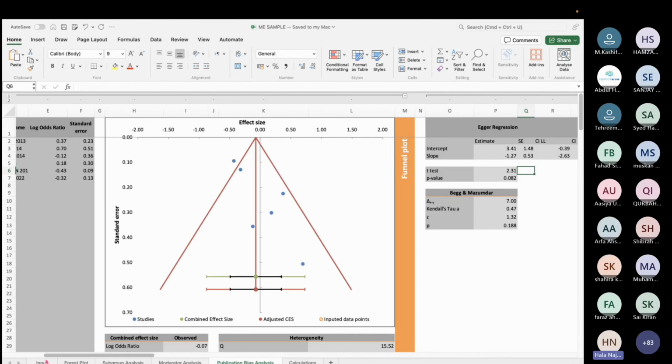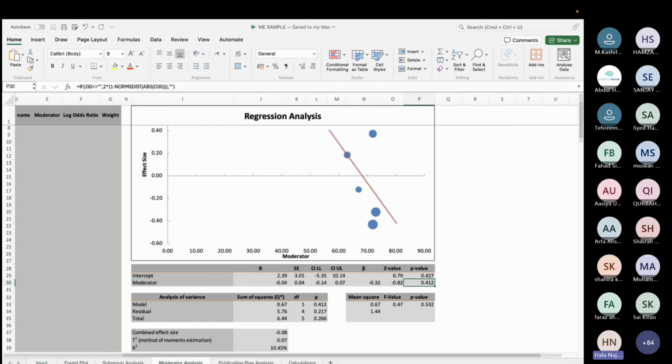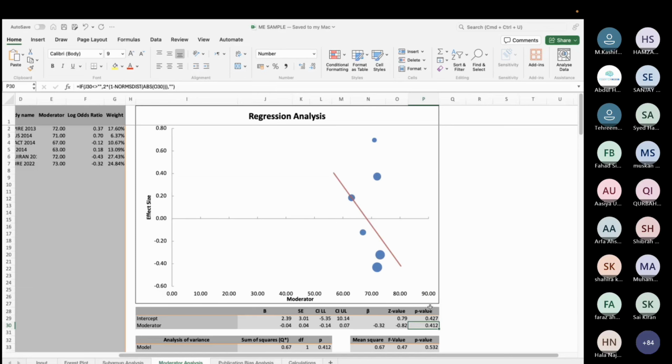Meta regression इसलिए करते हैं to see that is there a correlation between our baseline demographics, for example age and the outcome. तो अगर किसी study में increasing age है, किसी में decreasing age है, so does this have any association with MACE? ठीक है, for example क्या increasing age की वजह अगर ज़्यादा age है तो ही MACE हो रहा है या decreasing है तो ही MACE हो रहा है? Yes, we have to include this. Okay, let's move on now.